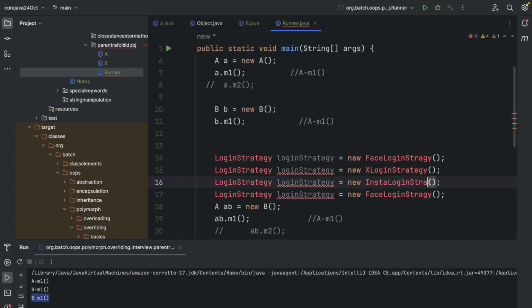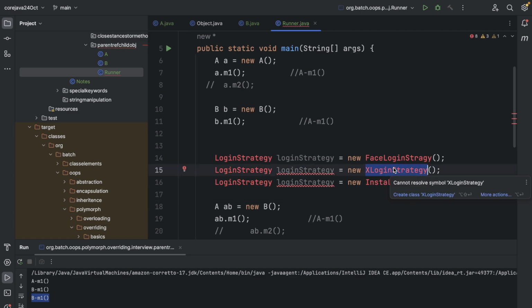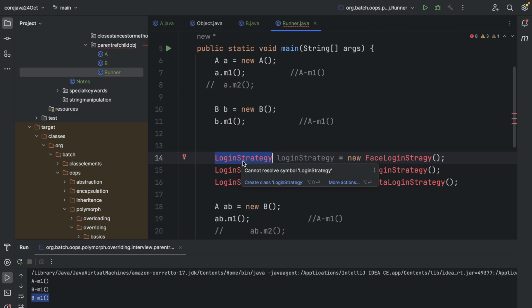So now I know that, okay, I don't care how many methods the child has, right? I have no concern. Facebook can have 50 variables. The Facebook strategy can have 50 other methods. I don't give a damn about it, because I know I can only access those methods and variables that exist in the login strategy. So regardless of the child, I don't care, because only those methods can be accessible which exist in the reference variable, and the reference variable is of login strategy. So if the Facebook login strategy has 10 or 15 more fields, then I don't care about it, because Facebook can have